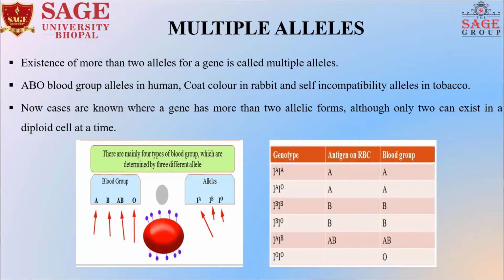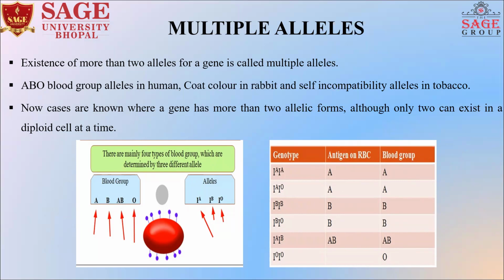So multiple alleles means number of alleles. The existence of more than two alleles for a gene is called multiple alleles or multiple allelism. The best example is the ABO blood group alleles in humans, or the coat color in rabbit. In this case, the gene has more than two allelic forms, although only two can exist in a diploid cell